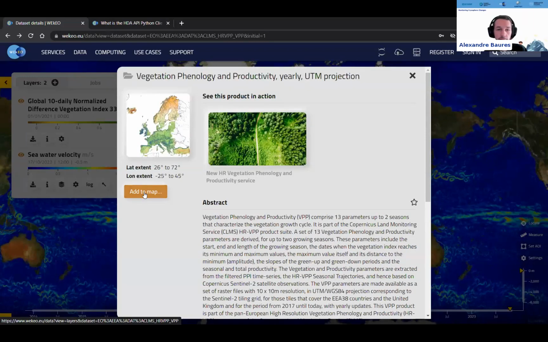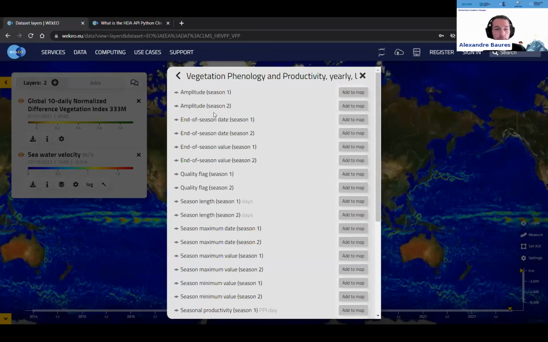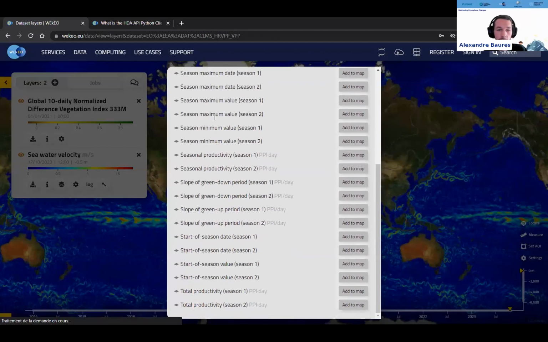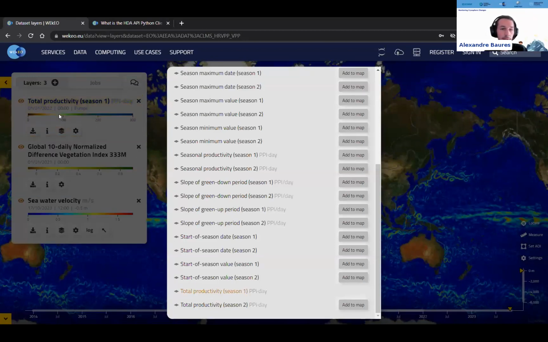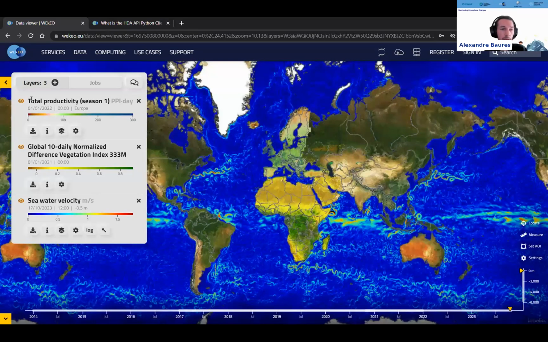So let's add this layer to the map. We will have to choose a variable we want to display. Today, we will choose the total productivity variable, season 1. We click on add to map, and we can see that the layer is displayed on the left. So let's click here. We have its name, its title, the date of the data displayed on the map, the hour, the area,